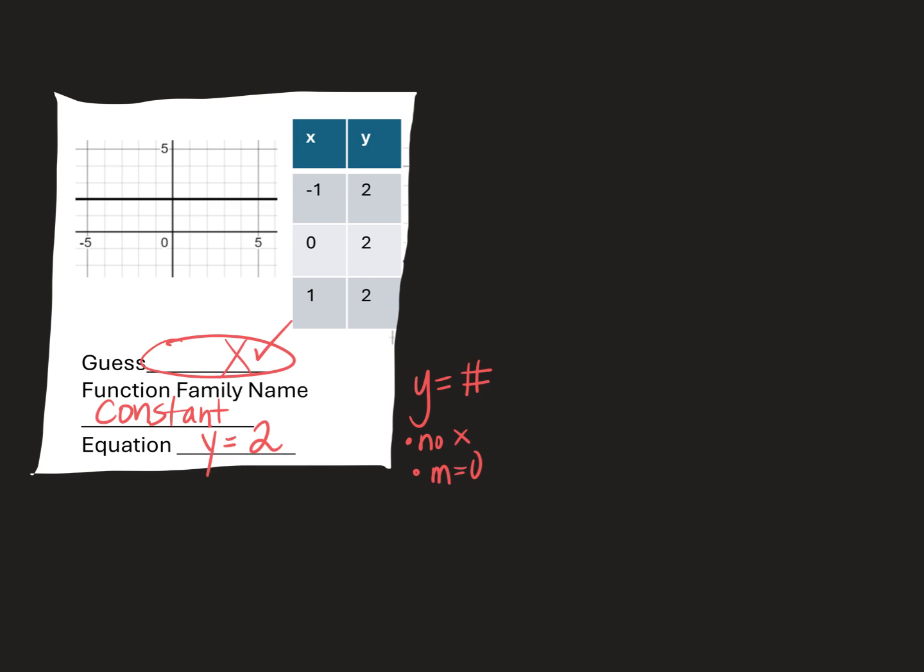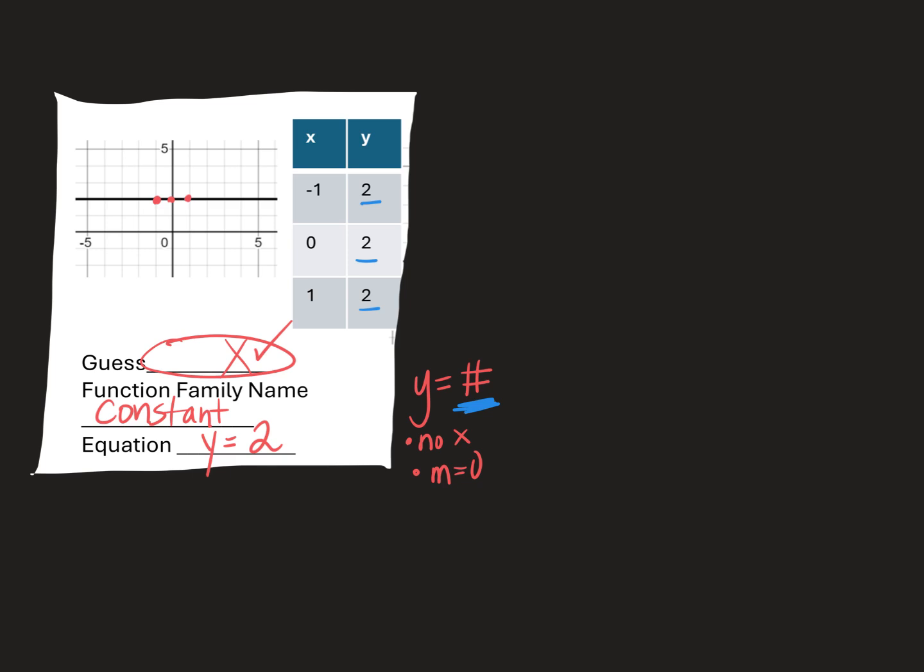So I have -1, +2, 0, 2, 1, 2. And if you will notice, whatever this number is, that's what will be here. -1, 0, 1, those won't change, but whatever your number is, that will be in the y column, y equals